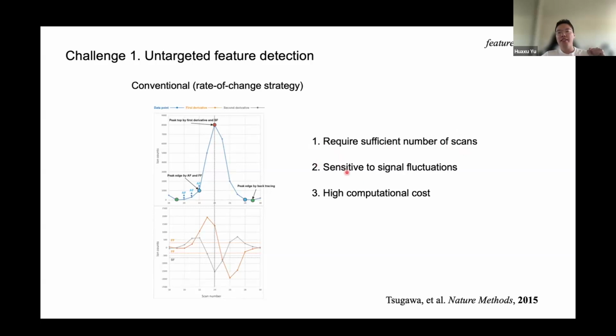Second, it's sensitive to signal fluctuation because it checks the derivatives, and as a result, it will be sensitive to noise. If you optimize the parameter to be robust to noise, then you probably smooth the signal too hard. And the third problem is computational cost is also a concern, especially when we want to deal with a large scale